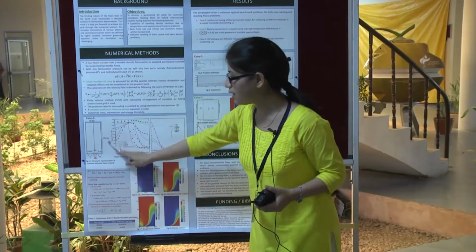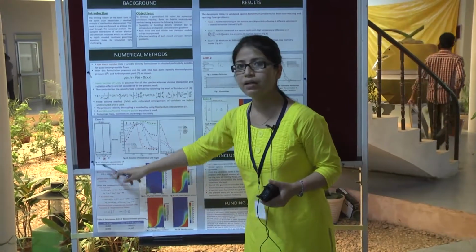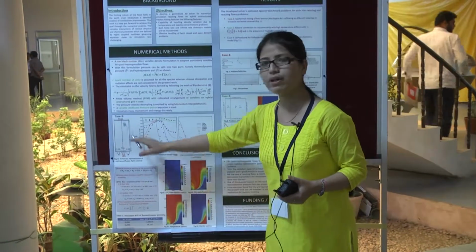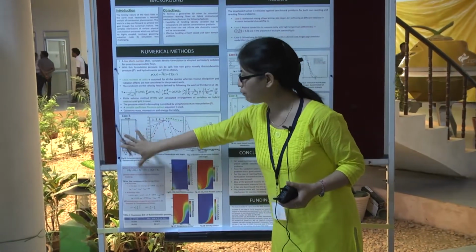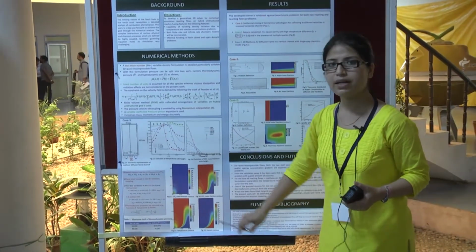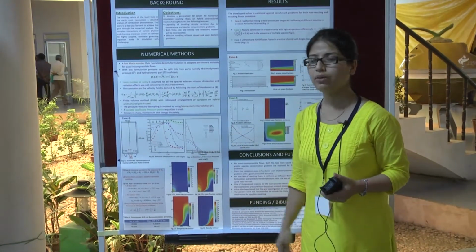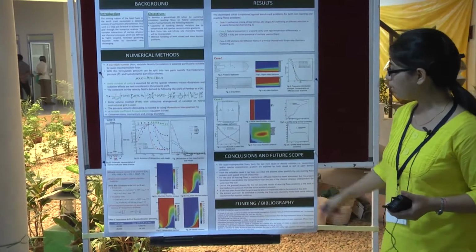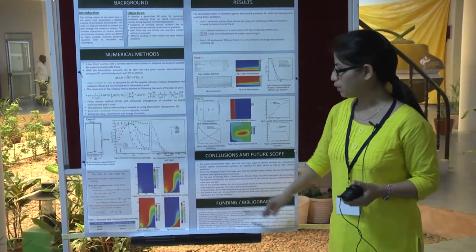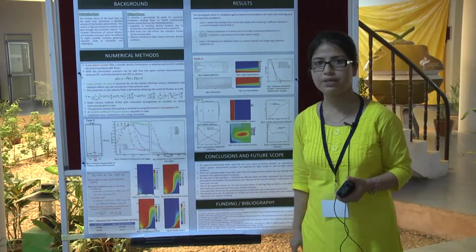And the third test case is the vertical channel with methane air diffusion flame. For this we are using the flame sheet concept, and we have solved using the mixture fraction approach, and then from the mixture fraction approach we have found the mass fractions of methane, carbon dioxide, that means all the reactants as well as the products, and we have got comparatively good results. For the future scope, we thought of implementing in this code the turbulent part as well as the finite rate chemistry part.